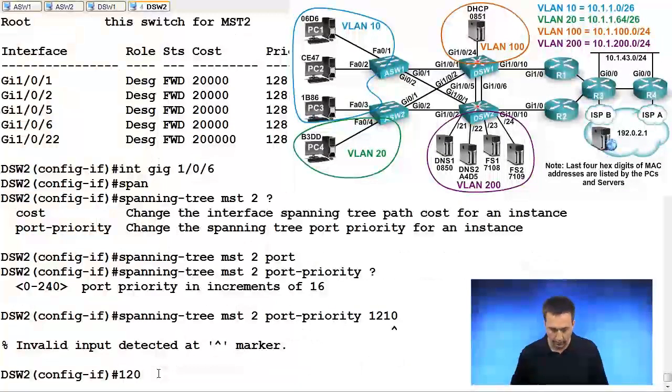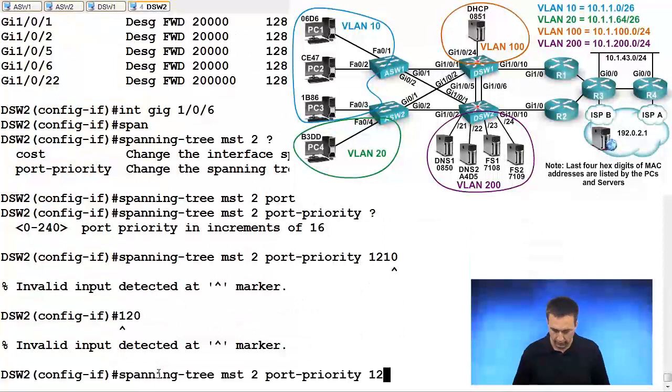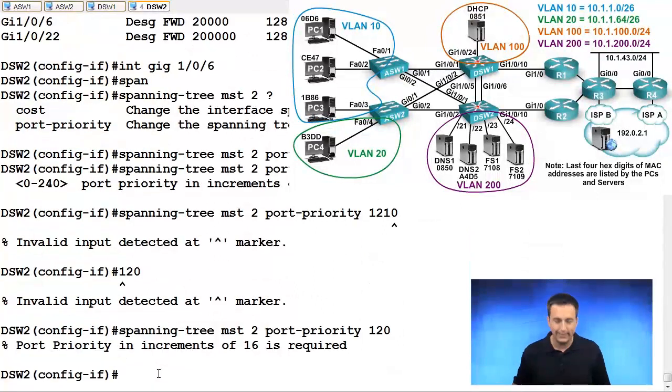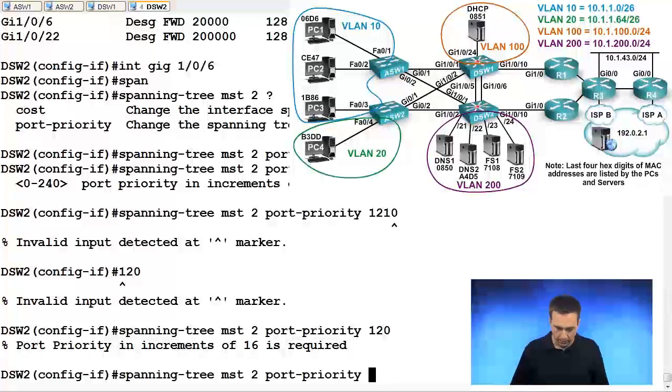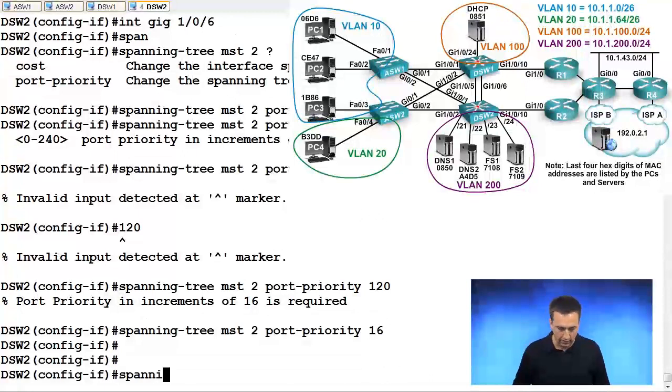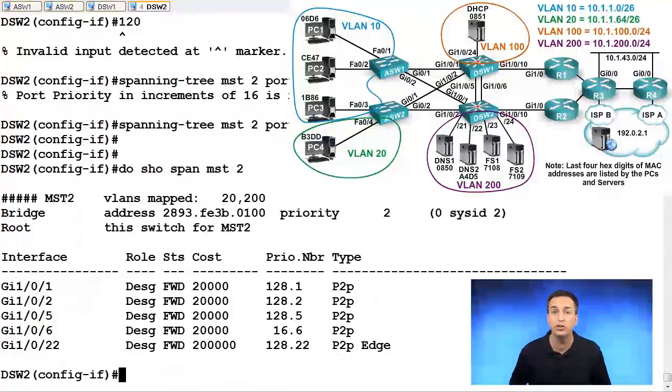Oops, 120. That didn't work. There we go, 120. It says I can't. I have to do it in increments of 16. All right, no problem. Let's just use 16 then for fun. So port priority 16. And now let's examine the output of show spanning-tree MST2, and we can see that the port ID is 16.6 now